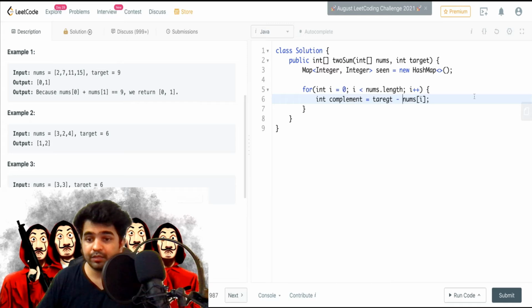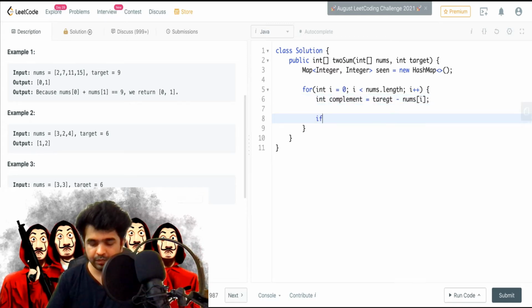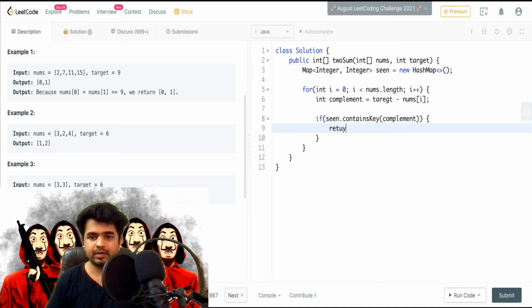Now we need to check if we have seen this in our hash map. So if seen.containsKey, remember we have to do containsKey because the key is the values in this array, complement, then we can just return that these are our two numbers.